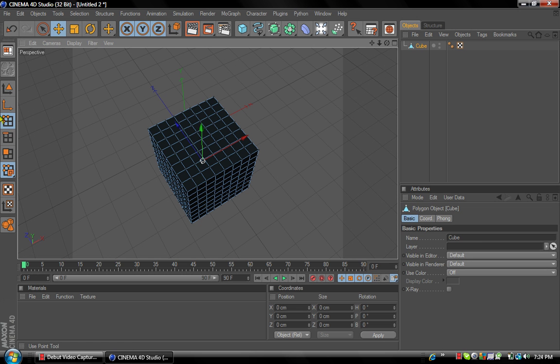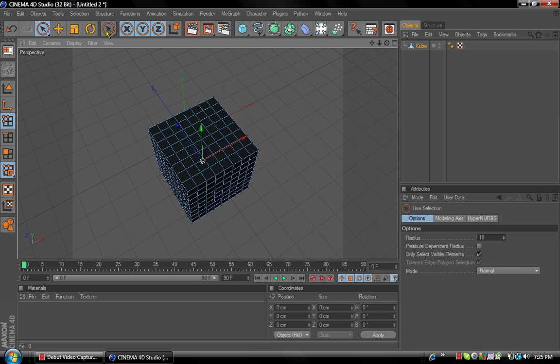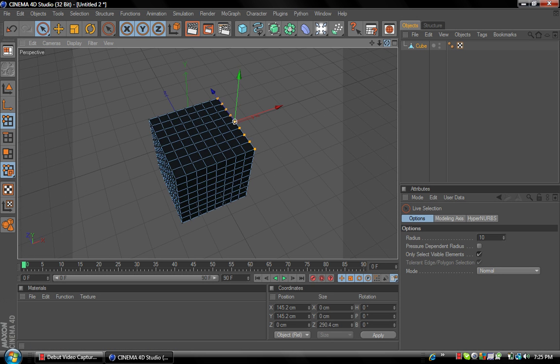Over here on the left, this first button is the point selector. So you're going to go up here and click your live select tool. It'll show up there which one you're using, and you can select certain points. The ones that are highlighted are the ones you selected. So I'm going to choose this top row,